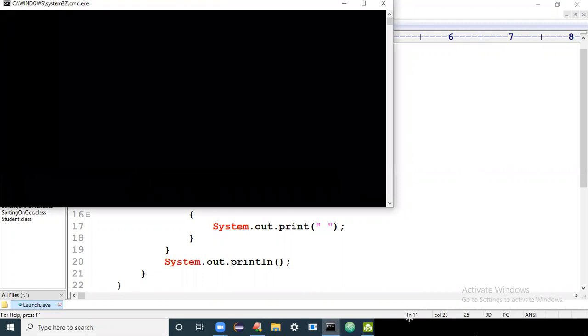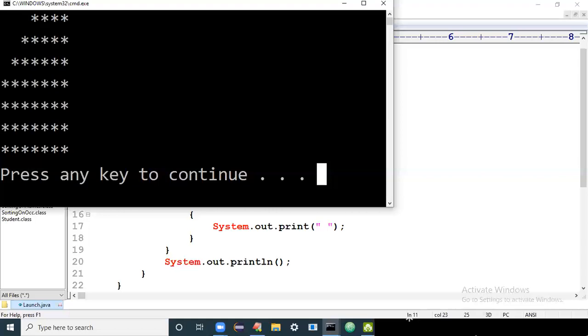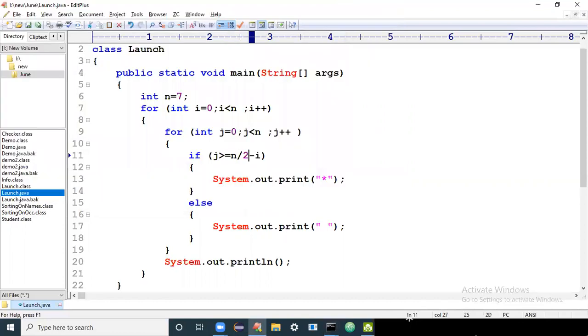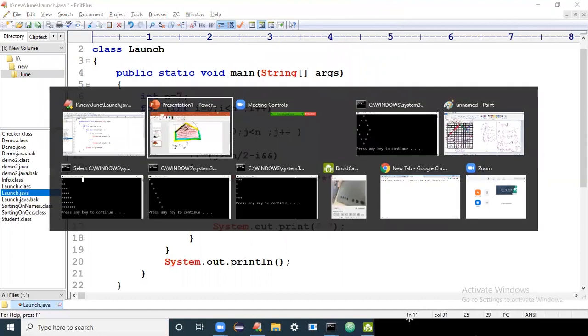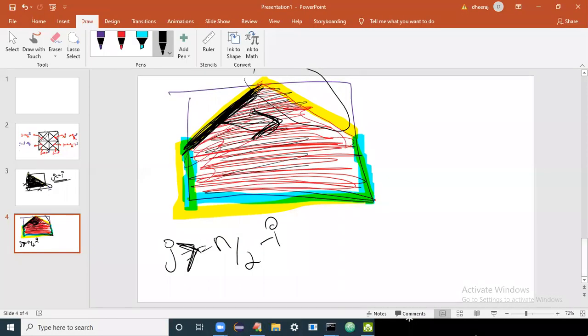Notice here, you are getting this shape. Yes, you are thinking, sir, this is not a house pattern. I agree. But don't you think from this diagram I have to cut something, I have to limit something? I have to remove a piece of the pattern here. Whenever you want to cut something or limit something, which operator comes into the picture? The AND operator. So I'll write an AND operator here, because if I say greater than, it will print everything. Since I wrote AND, I'm saying wait, some more conditions are there.